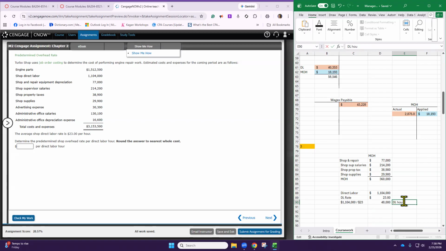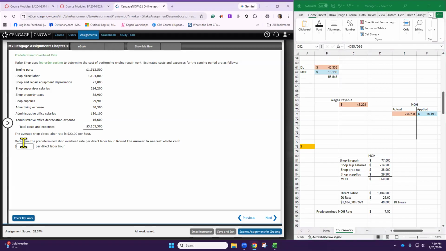Direct labor hours. Now we're just wanting to get a rate. So now we know how many direct labor hours. We're going to divide this total manufacturing overhead by those number of hours to see what rate we get. So this is the predetermined overhead rate. So here we go. We're going to take the total and divide by 48,000 hours. Let me format it here. It's $7.50